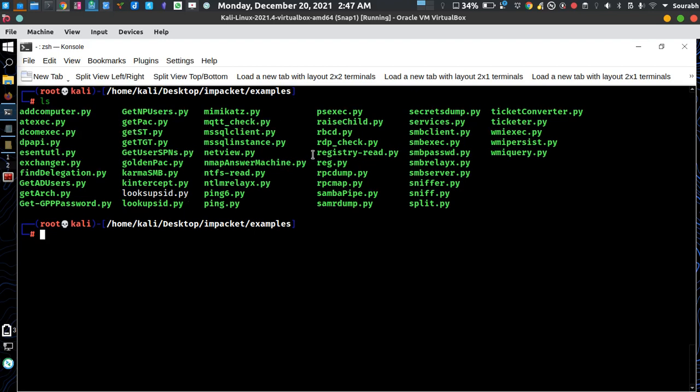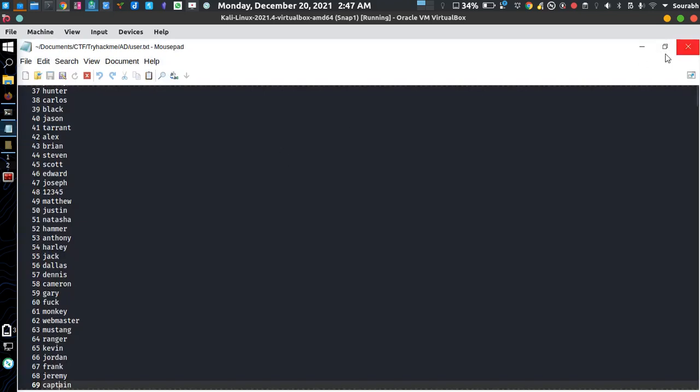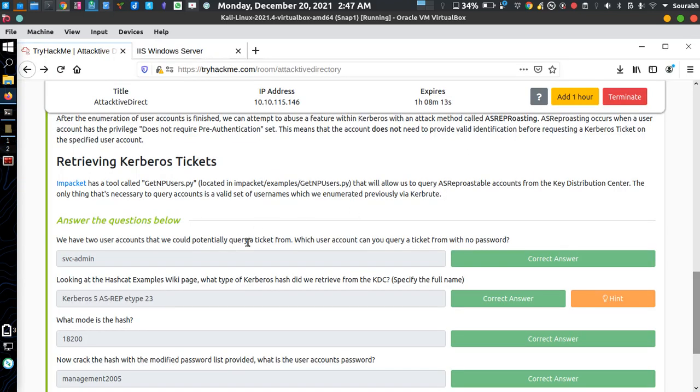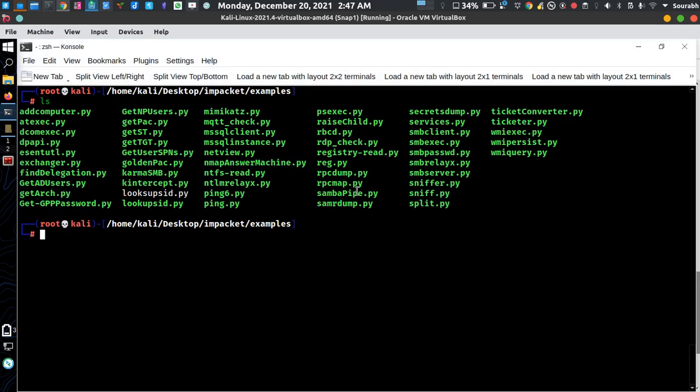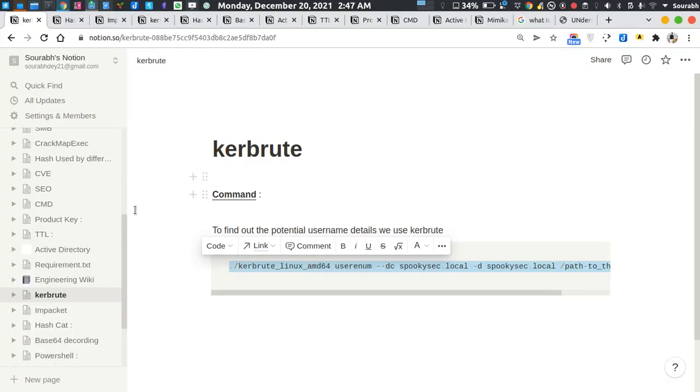Okay, so there are several kinds of Python programs, but we need the one called GetNPUsers. Yeah, it's called GetNPUsers. Just locate it. Yeah, is it GetNPUsers? For using this thing, there's a tool, GetNPUsers.